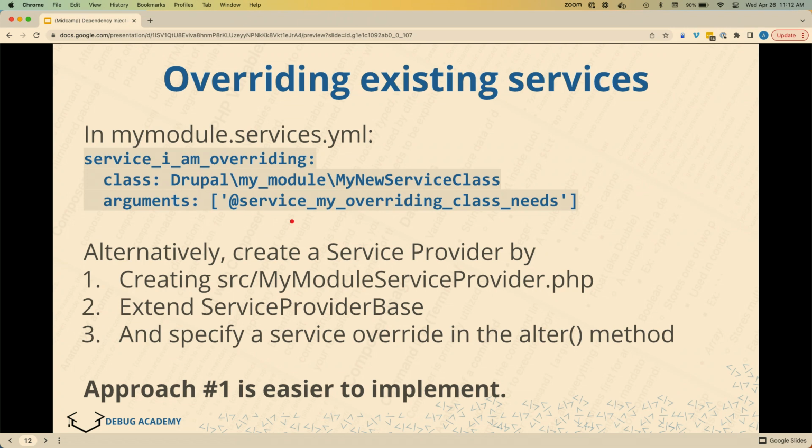Yes? So if two different modules try to override the same service, which one wins? It's unknown if you use this technique. If you use this technique, you have more control, I believe. You can specify a weight. So that's why this is listed here. But yeah, it's even in documentation that it's unknown if you just use the simpler way of overwriting it.